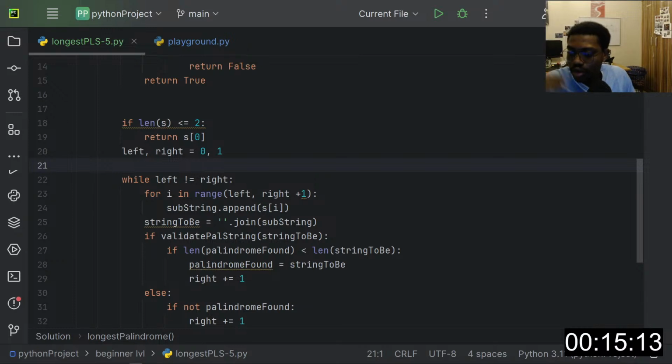So I've done 1 hour already. Wow, time is running. I'm still thinking, right? What's the best way to do this? I don't want R to go all the way to the end of the string, and I don't want